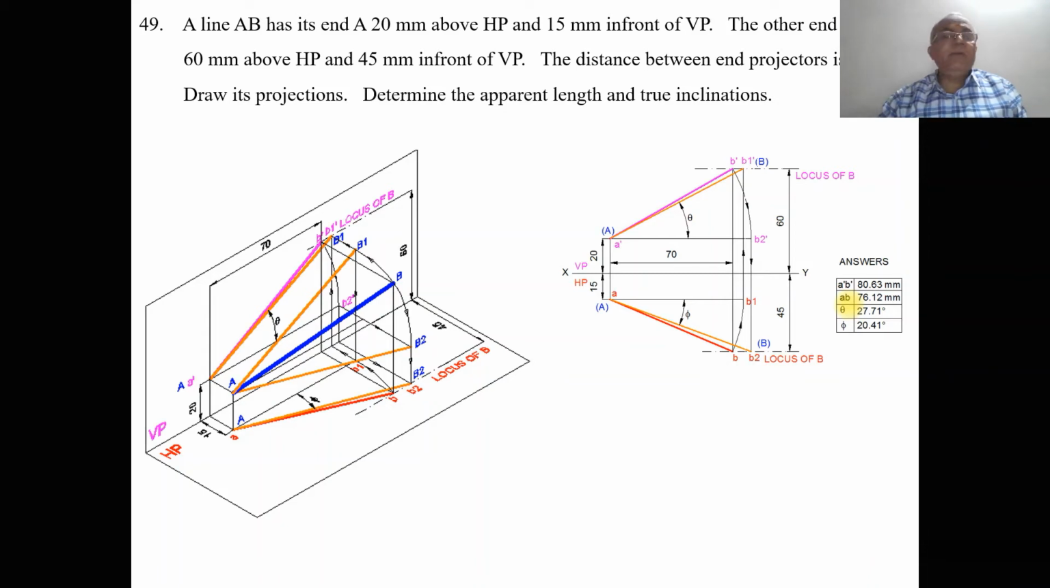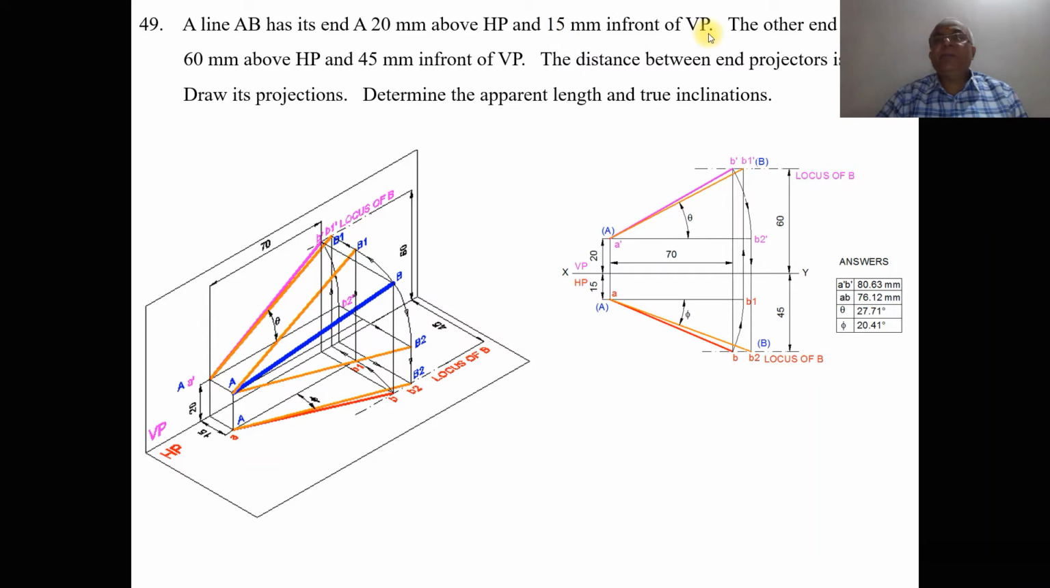Now, we're going to take up one more problem on projections of lines, problem number 49. It is very similar to the previous problem which we solved in our previous video, except there is a small change in the dimension. A line AB has its end A 20 mm above HP and 15